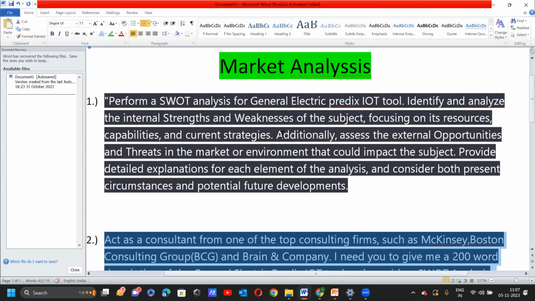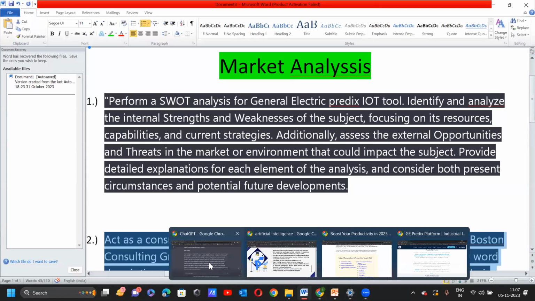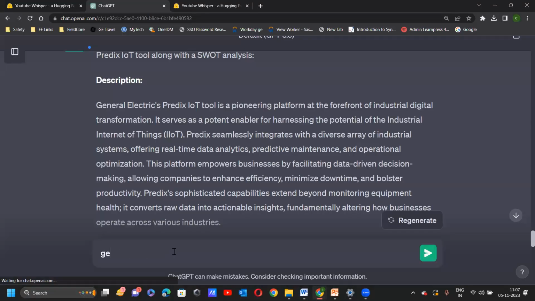The strange thing is this prompt I have not generated. I asked ChatGPT to generate a prompt for me. Okay, so I'll generate the same prompt. What I need to do is go to ChatGPT. I'll write, generate a prompt